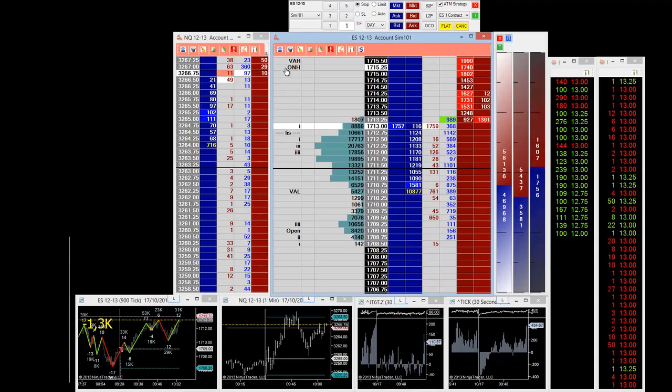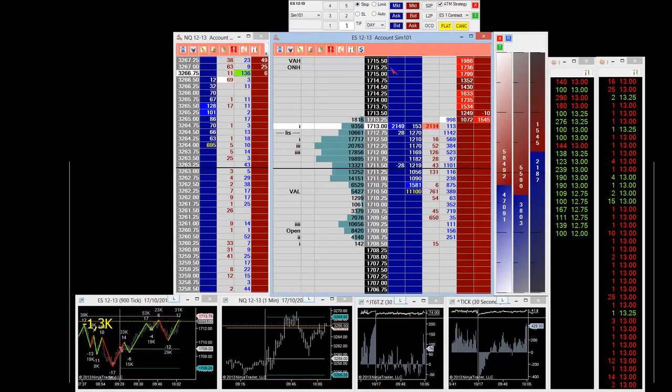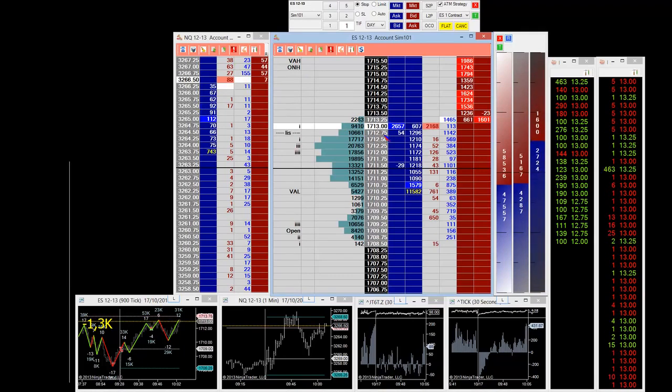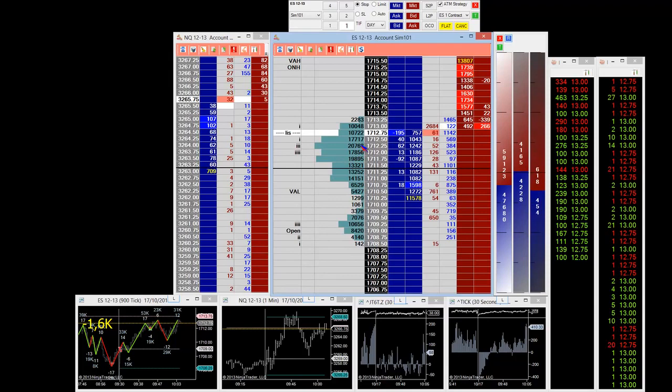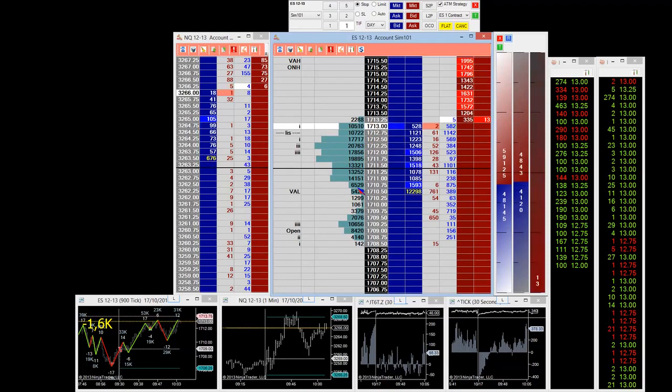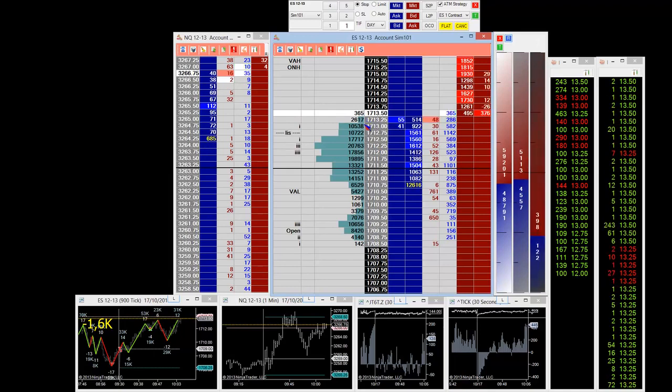The nearest level that I've got for reversal is an overnight high, which is 15.25. So if I had to pick a side right now, I'd say, okay, this is a double top. Below us we actually have a lot of volume. So you actually have a choice of two trades right now. You can say that this volume here from 1711 to 1713 is indicating that this is an actual rotational market,